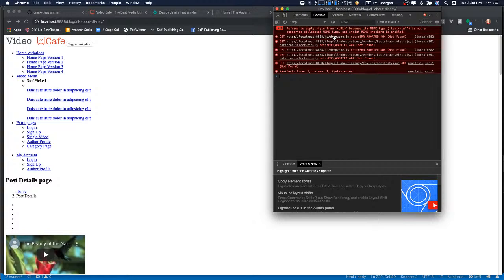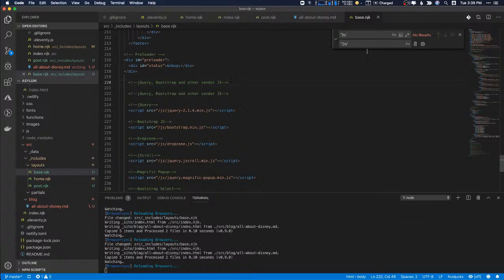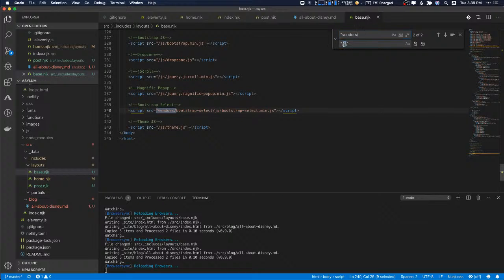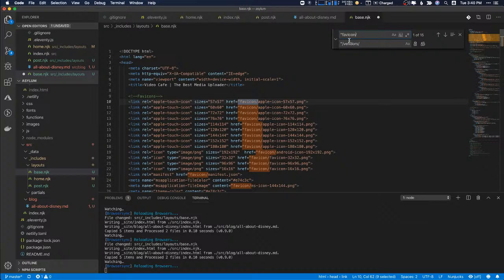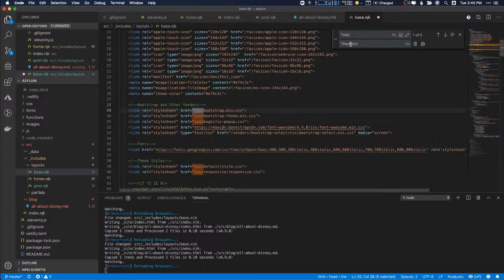So it's not finding JS dropzone.js, but you can see here that it's also struggling with vendors and favicon. And then just for good measure,